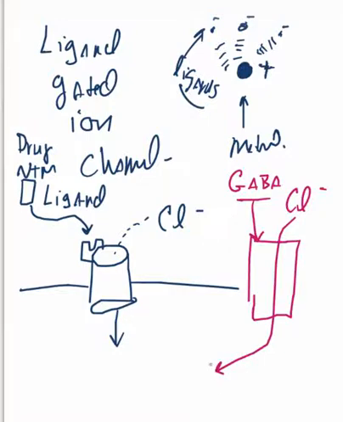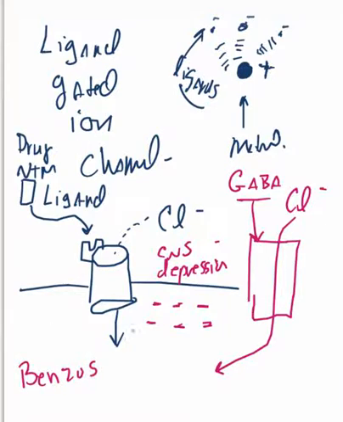And when chloride enters the neuron, it makes the charge inside of the neuron more negative, and that action, of course, depresses the neuron and makes it more difficult for that neuron to depolarize. So GABA actually causes CNS depression. Okay, it depresses the central nervous system, and we have a whole class of medications called benzodiazepines, or benzos, that